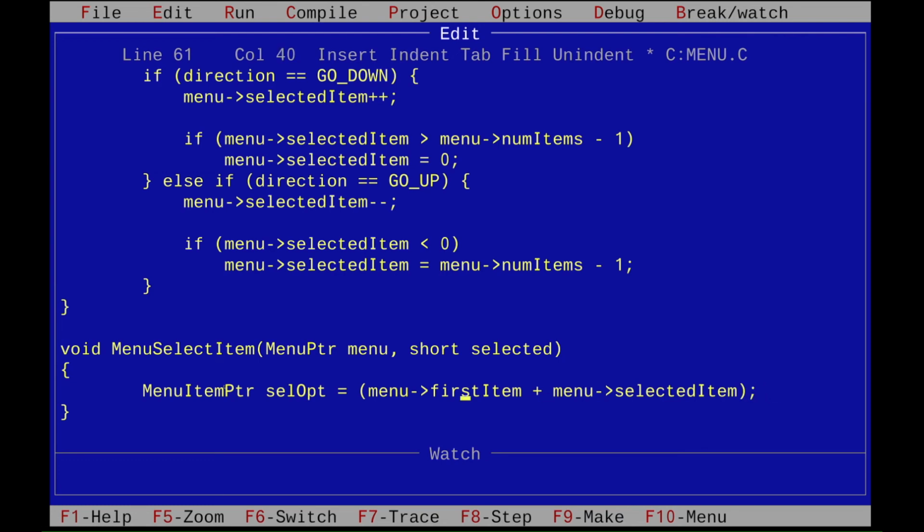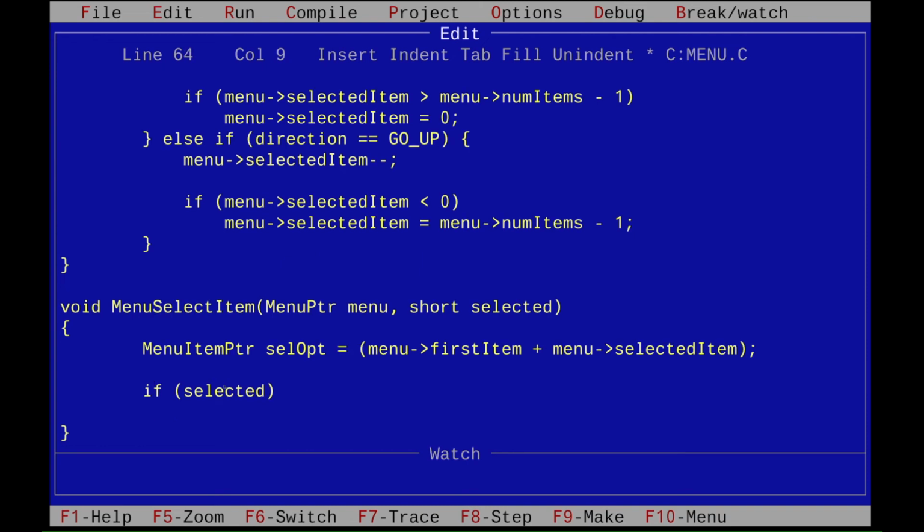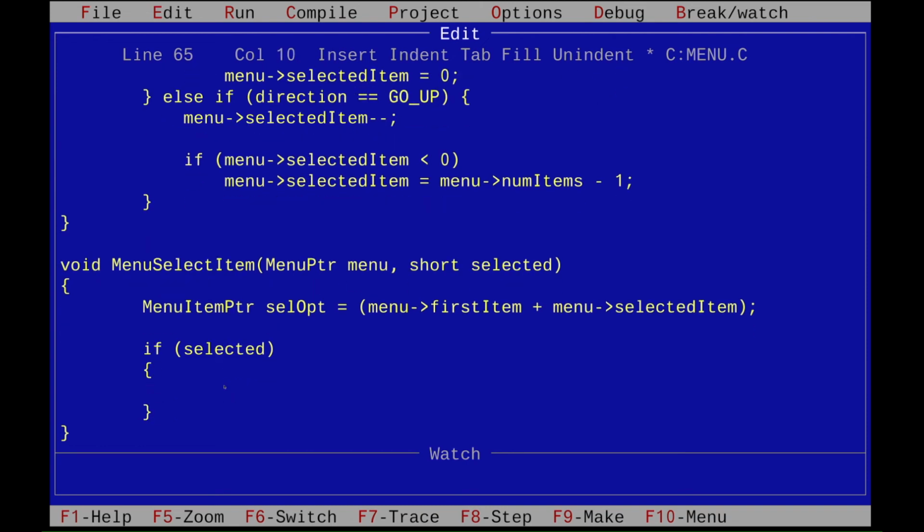This works on the pointer. This is the first address of the first item plus the selected item, and goes to the selected option. This is a pointer. If selected, or similar, if selected, for example, because selected has the option 0 or 1,